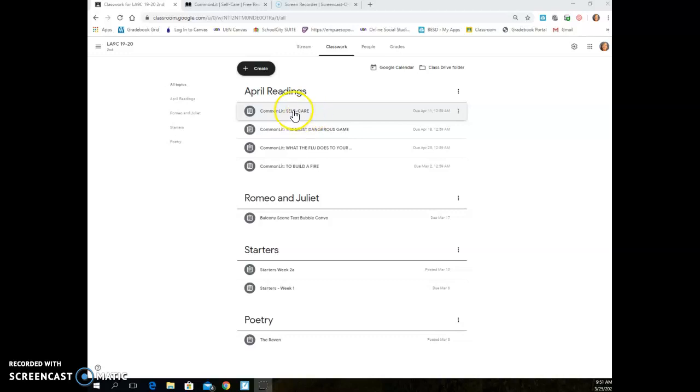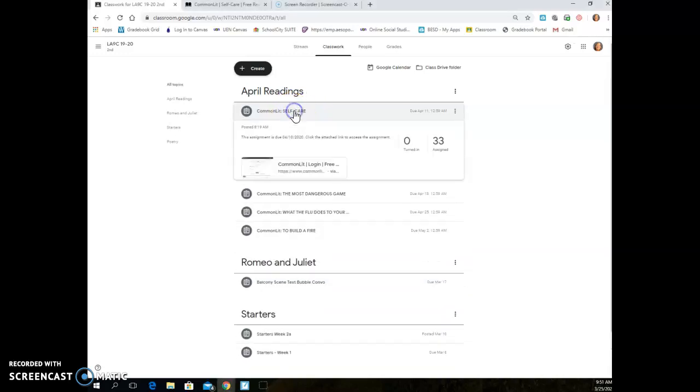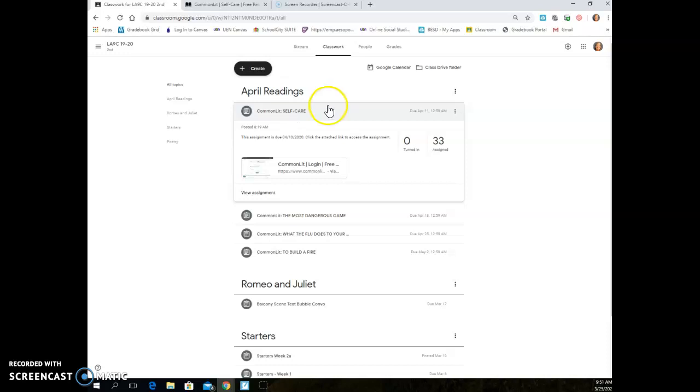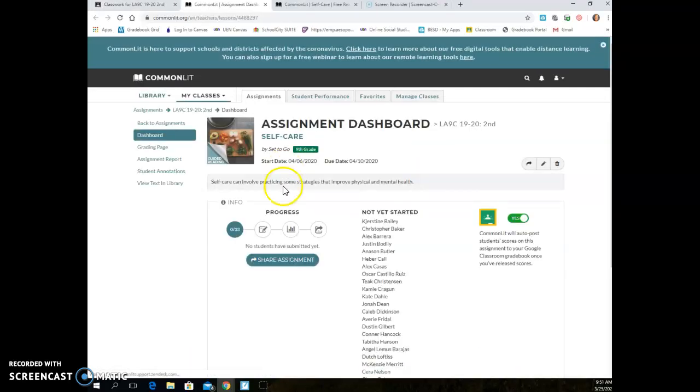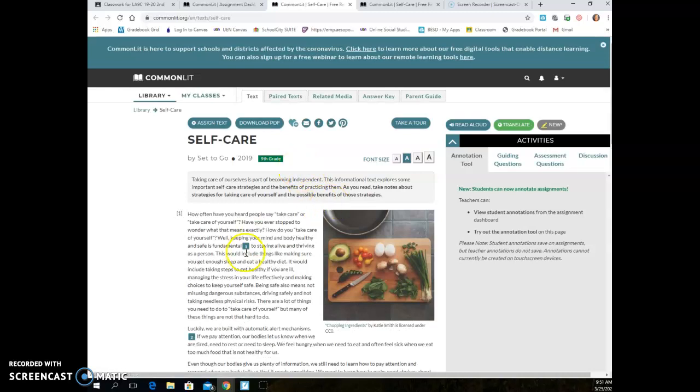The first article for the first week in April is called Self-Care, and if you click on the assignment in Google Classroom, it'll bring up this link to CommonLit. Once you get into CommonLit, it should have your assignment for the week listed there. This one's Self-Care. And when you get into the article, you can see you can adjust the font size if